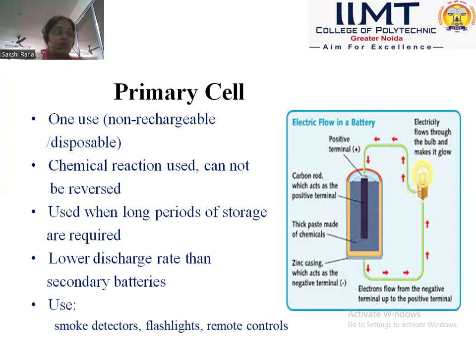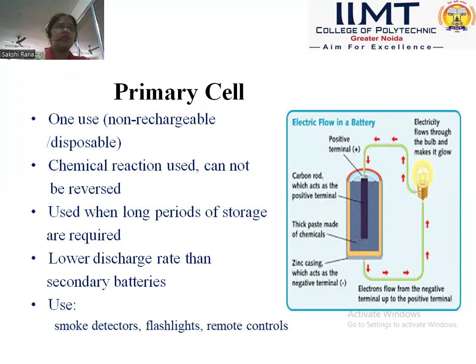एक बार हम प्राइमरी सेल को यूज कर सकते हैं। जब भी प्राइमरी सेल आपका डिस्चार्ज हो जाता है, आफ्टर दैट वी कांट यूज दैट, ओके। इट इज नॉट अ रिचार्जेबल बैटरी। केमिकल रिएक्शन यूज्ड कैन नॉट बी रिवर्स्ड। इसमें जो भी केमिकल रिएक्शन होती है वो रिवर्स नहीं हो सकती। रिवर्स इन द सेंस कि लाइक एनोड पे कुछ केमिकल रिएक्शन होती है, उसके बाद बैटरी डिस्चार्ज होती है, फिर बैटरी को दोबारा से चार्ज करने के लिए वही रिवर्स प्रोसेस होता है। बट जो प्राइमरी सेल्स होते हैं उनके अंदर ऐसा नहीं होता है। जो भी बैटरी आपकी एक बार डिस्चार्ज हो जाती है,